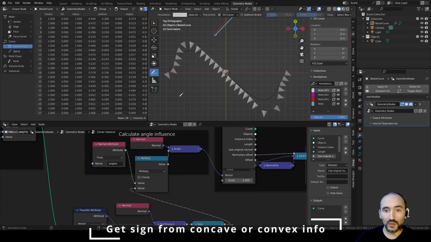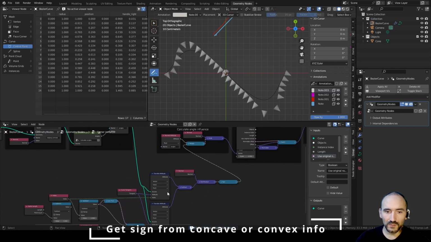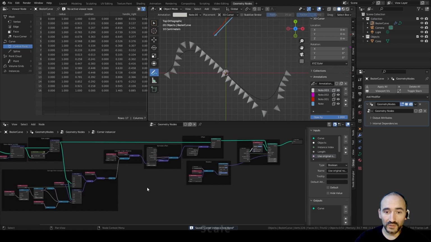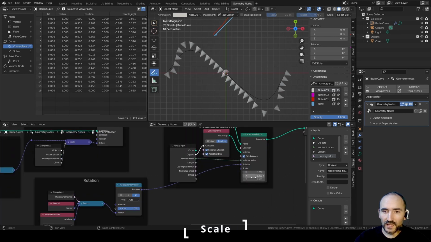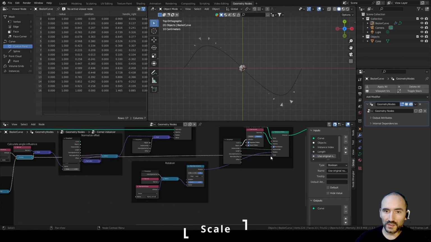Now we have the correct offset along this curve, but we need to adjust the scaling and the sign of the scaling of these entire instances. So I can collapse these nodes, select all these nodes, Ctrl J, F2, get sign from concave or convex info. Now for the last part we need to change the scaling of these instances, and to do this we can easily link the multiply value of the calculate angle influence to the scale of the instance on point. But not only this, we could add a new attribute here, a float number, as the scale,